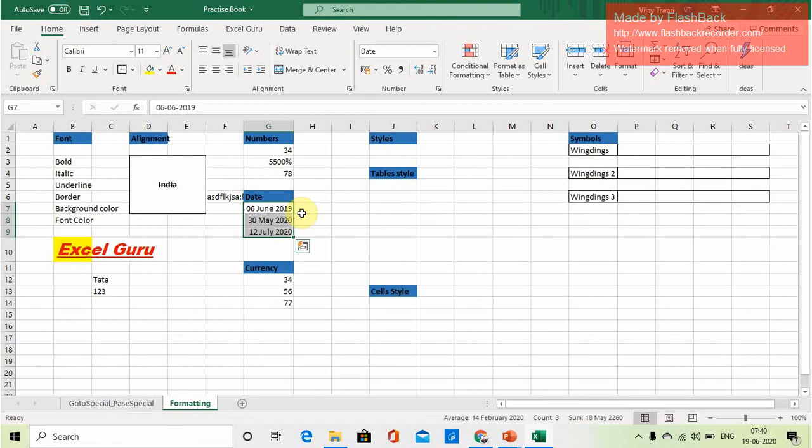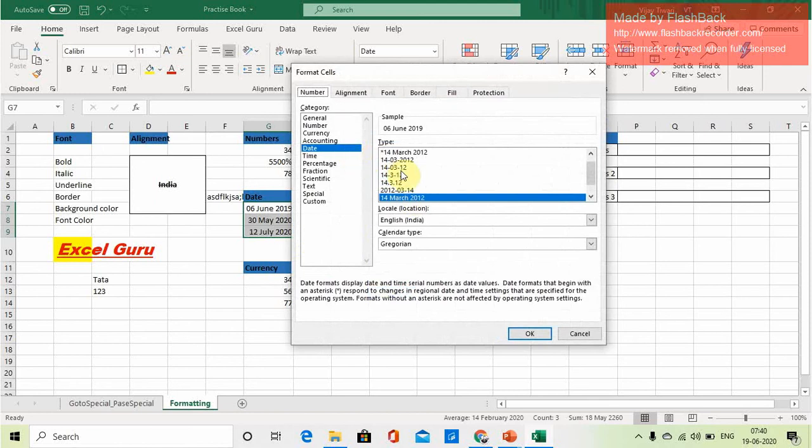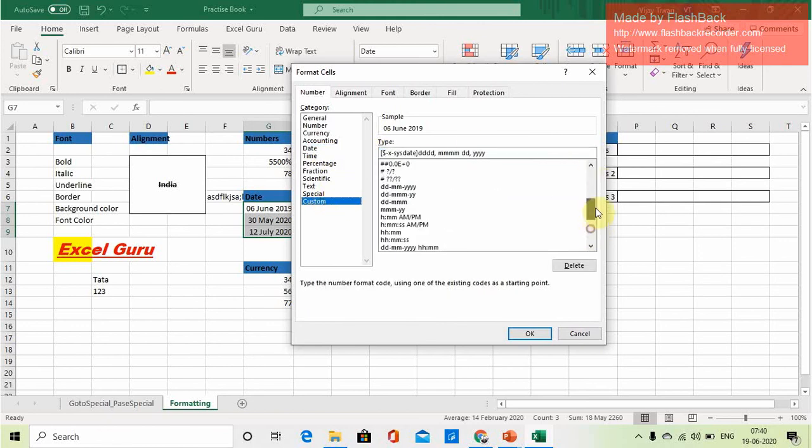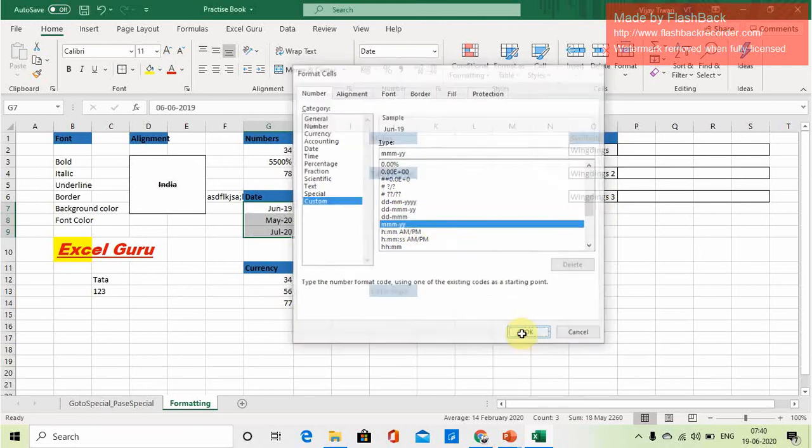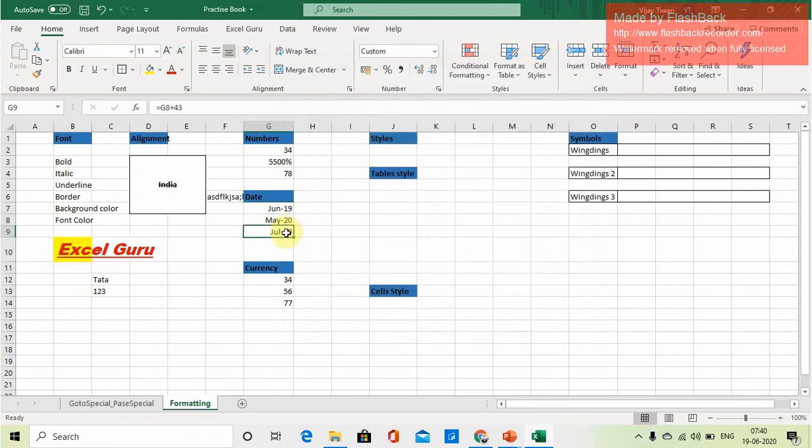Or you can click Control 1 and you will get this dialog box, and in this also you can change it as per your requirement. Or you can come to custom also. In custom you can change the date format, like DMMY or DDY. If you want only month and year, you can take this option, click on this, see, only month and year has been changed. In the same way, as per your requirement you can change it.